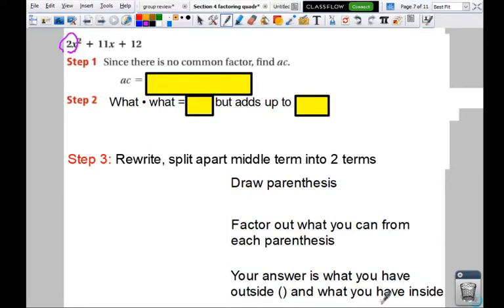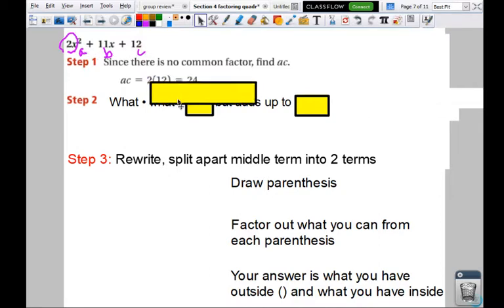And so what we're going to do is we first need to find AC. So remember, this is our standard form. It goes A, B, C, right? We're going to find AC, which is A times C. So A is 2, C is 12. We're going to multiply them together and get 24. And after I do that, it's kind of like a combination of end-to-middle factoring plus what we did yesterday. So I want to know what times what equals my AC, 24,